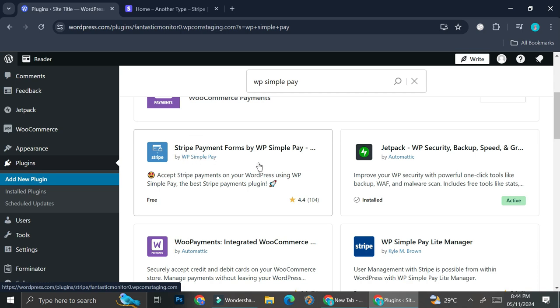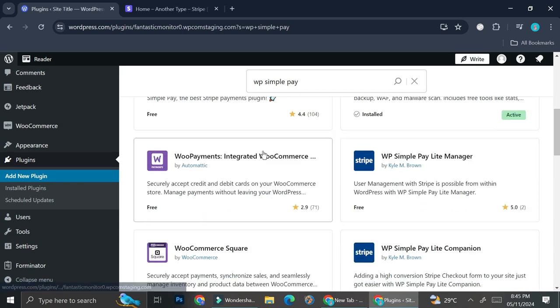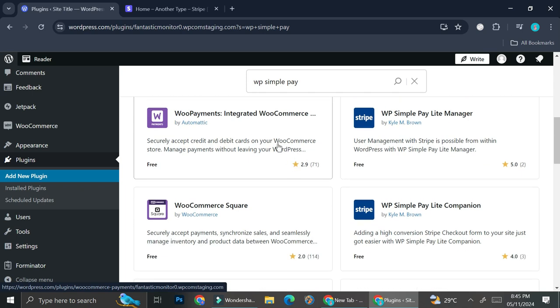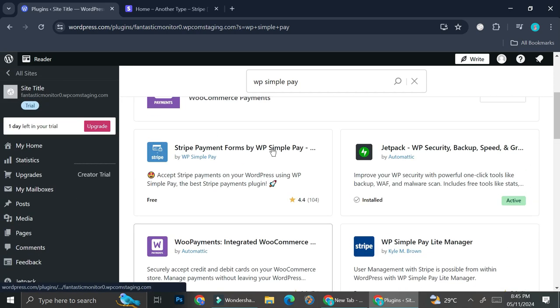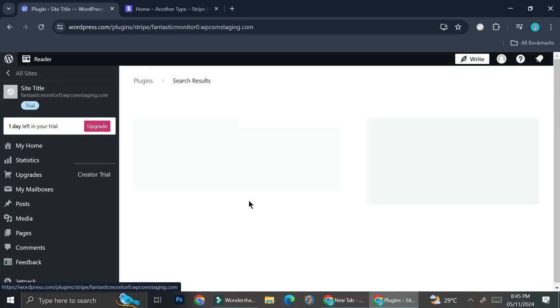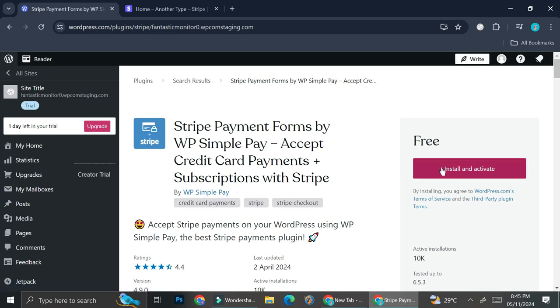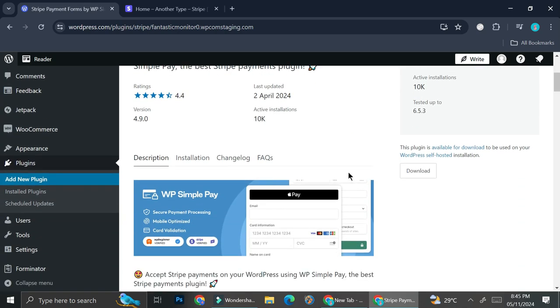So you can either choose the one that I've shown you before, or this one right here, or you can also use WooCommerce here. By adding the WooCommerce plugin into your WordPress, you'll be able to build your website on WooCommerce, and then you can set up your payments through there. But for now, I'm going to use the Stripe payment forms by WP Simple Pay, and then I'm going to go ahead and take a look at